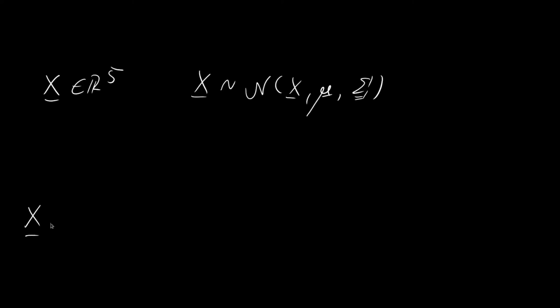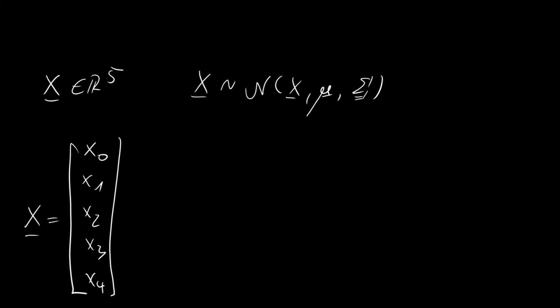You have a random variable in 5 dimensions. You know it is distributed according to a multivariate normal, given a mu vector and a covariance matrix sigma. Now you want to partition this vector, which consists of an x0, an x1, an x2, an x3, and an